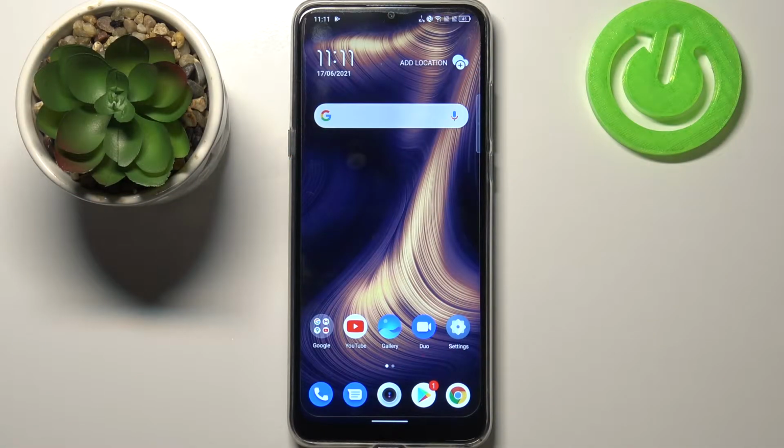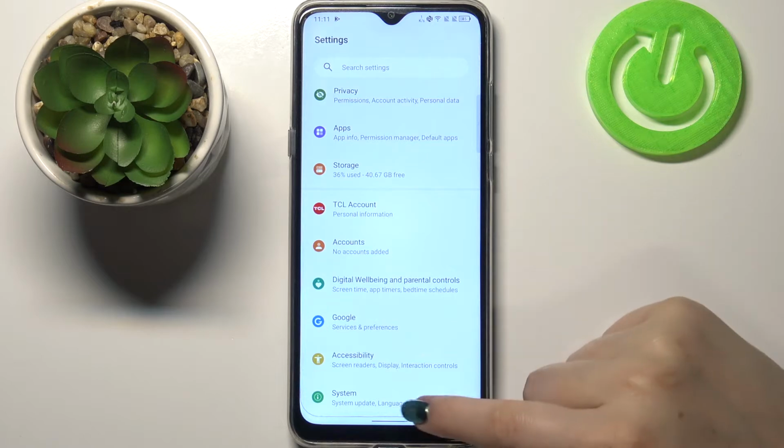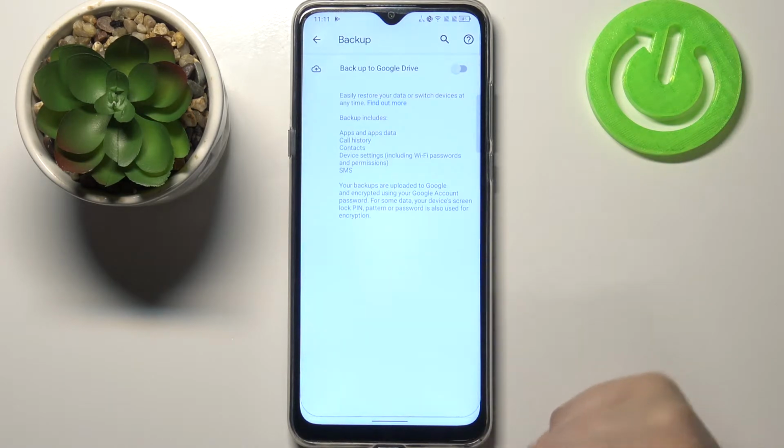Hi everyone, here we've got TCL 20 SE and let me share with you how to enable Google Backup on this device. So firstly, let's enter the settings, and here we have to scroll down to the very bottom and tap on the system. Here we've got backup option, let's tap on it, and right now this option is off,